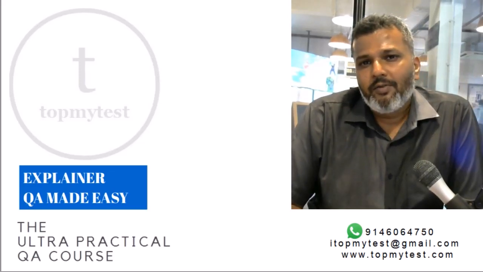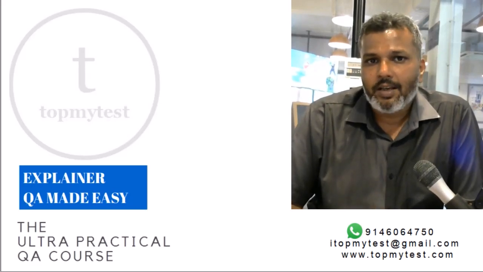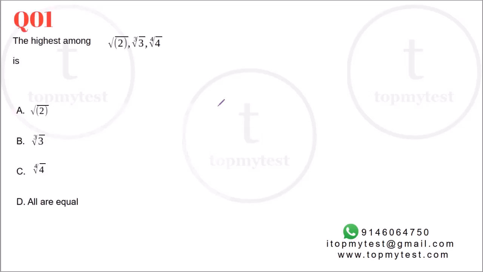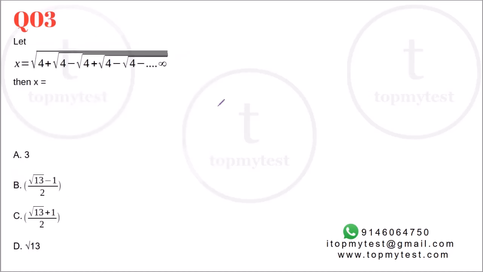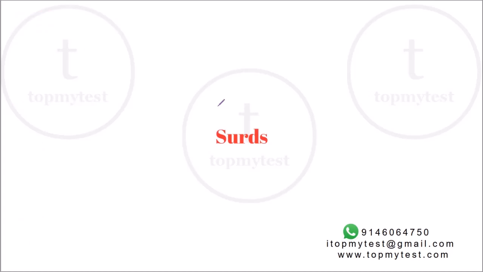Here we'll be using very simple concepts and applying them to CAT level problems and solving them as easily as possible. Today we'll be discussing the terms which are associated with surds. We will be looking at rationalization and how a surd is defined. We'll also be solving a few questions from past CAT and IFT papers and try to do it as quickly as possible.